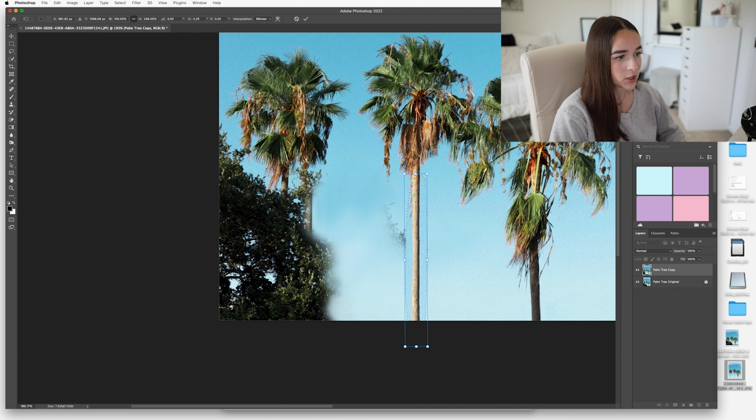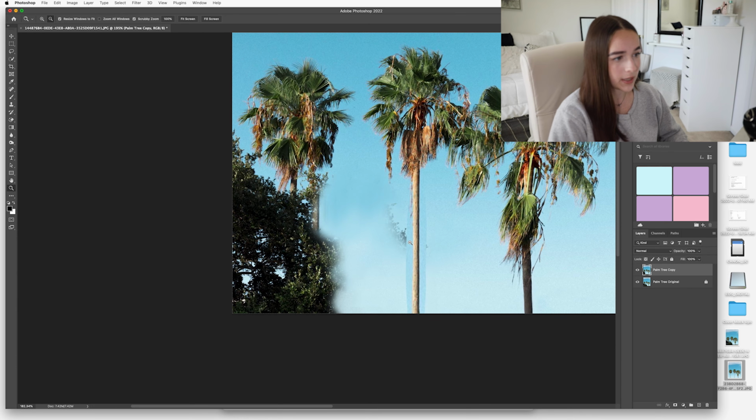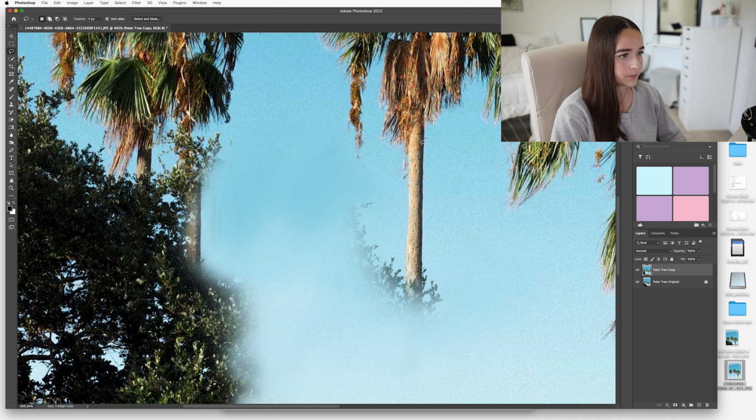Now that is an option, and it's definitely going to be workable, and it's something we could try to do. It's definitely possible, but for me personally, I want to keep that texture looking the same. So I'm going to go ahead and select all of this here, and I'm going to hit Command J. Now what that's going to do is create a layer of what we just selected. So now I have this extra piece of tree trunk that I can move around and put pretty much anywhere